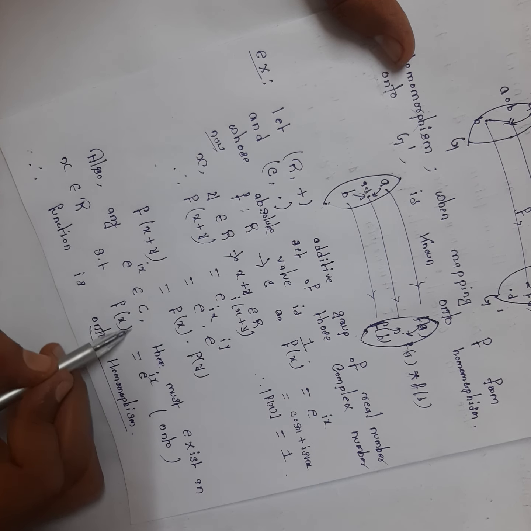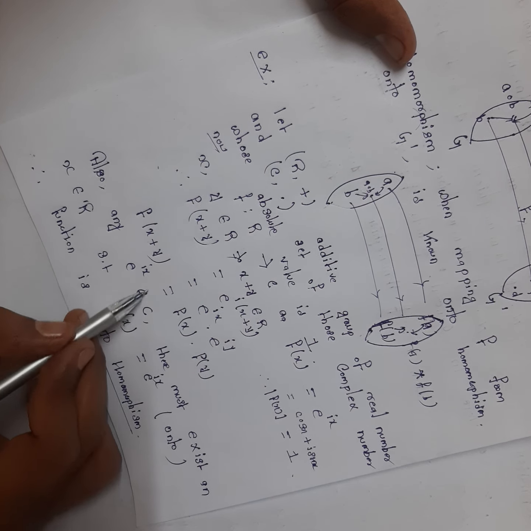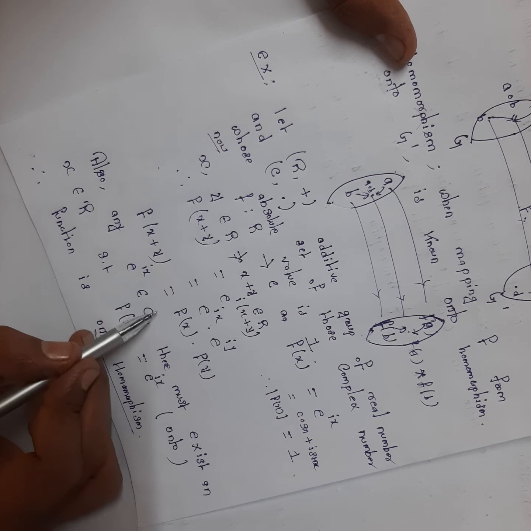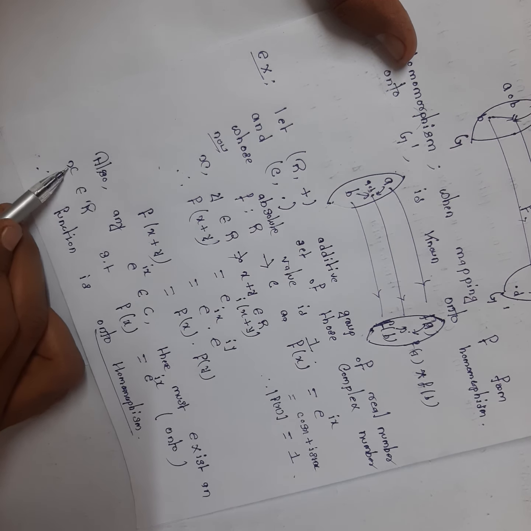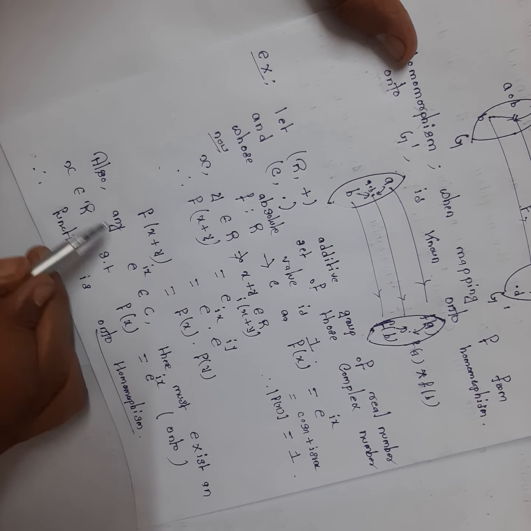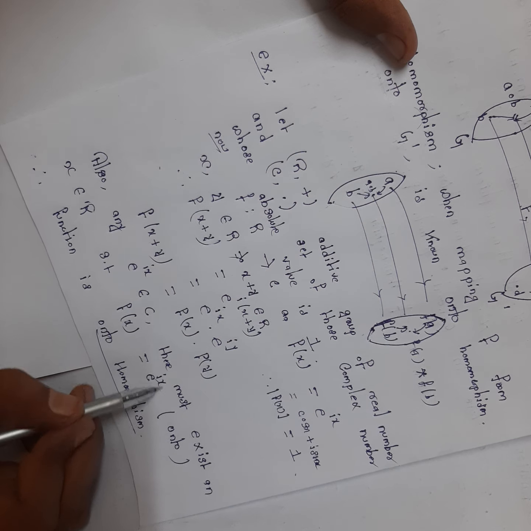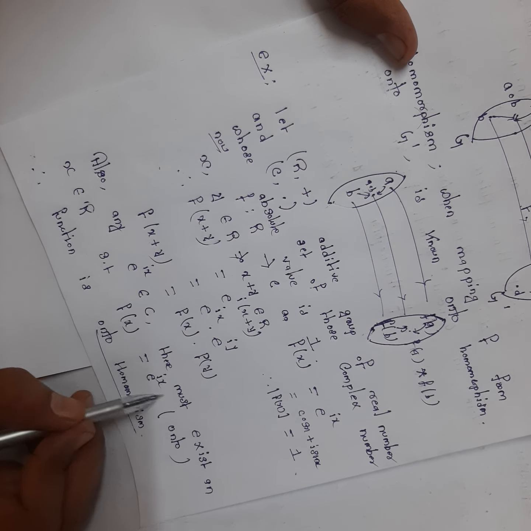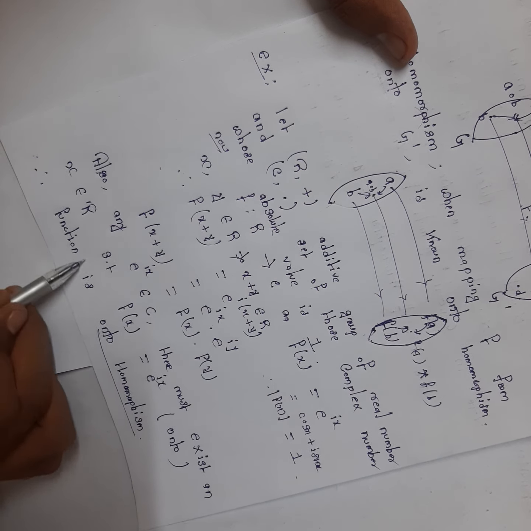So that means we want to say that for any arbitrary element of the complex numbers, there must exist at least one member of the real numbers which maps to e raised to ix. So no member of the complex set will remain unused. So this is the onto function, and the function is